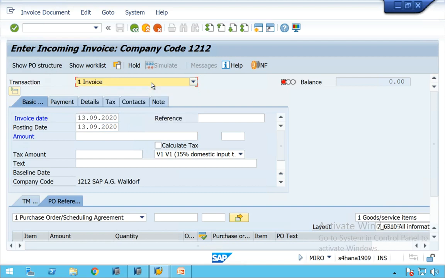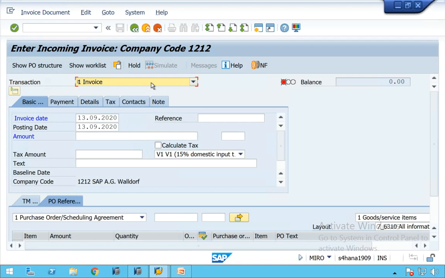Now we have a good relation with the supplier and we trust the supplier. Suppose I ordered 10 pieces at 12 euro per piece. The supplier has sent me an invoice at 10 euro per piece, that is 100 euros, whereas I agreed with the supplier at 12 euro per piece.